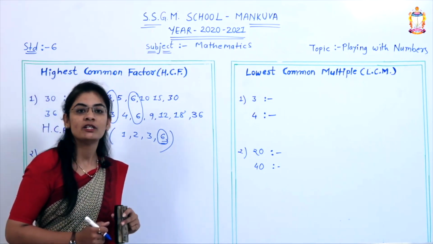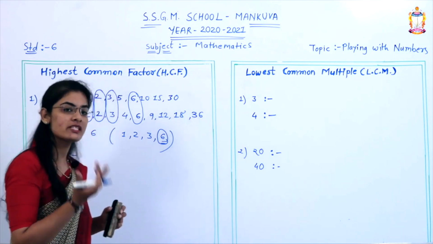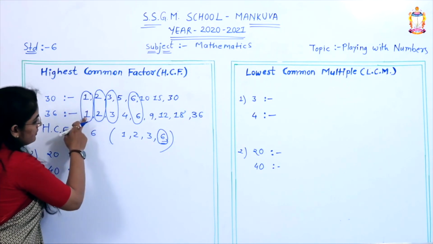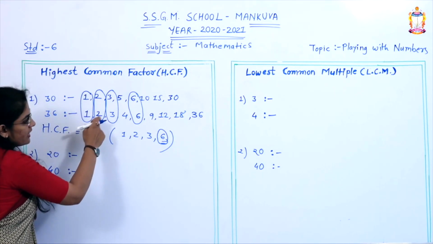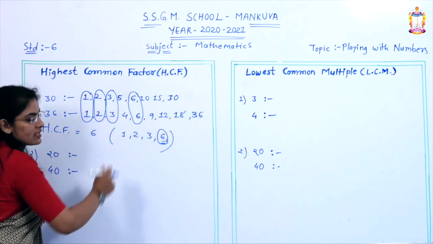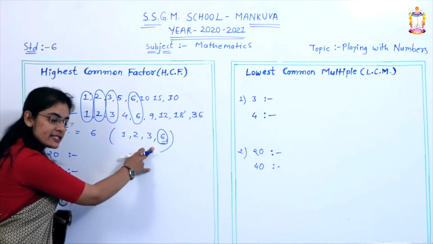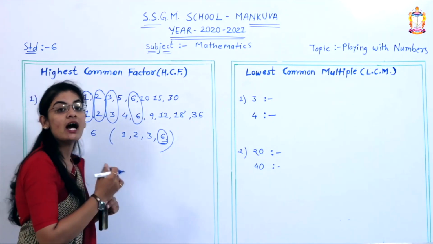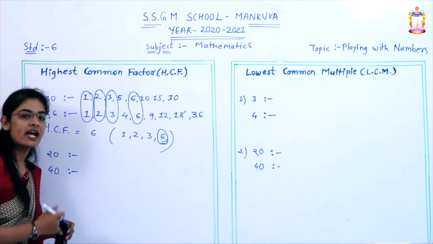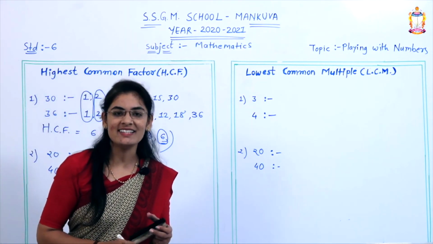Common factors मतलब जो आपके वहाँ भी है और मेरे वहाँ भी है, उसको हम common factors बोलेंगे. तो same as which number are in both side? 1 here and here, 2 here and there, 3 here and there, 5 no, 4 no, 6 and 6 are common, right? So common factors are 1 2 3 and 6, and the biggest, I mean highest common factor is 6. Then the answer is 6. HCF is 6 of given numbers 30 and 36.